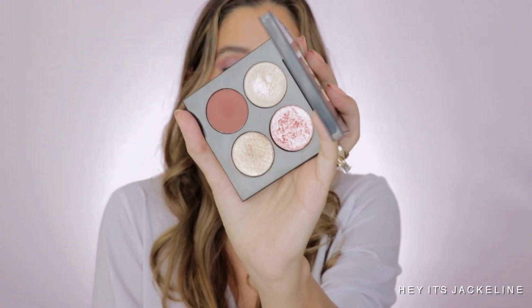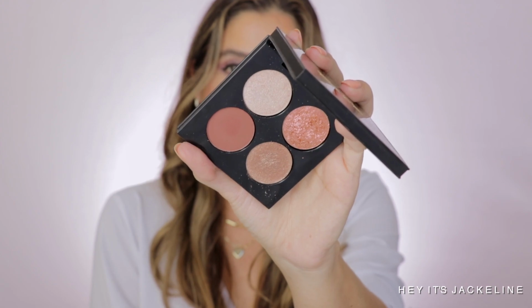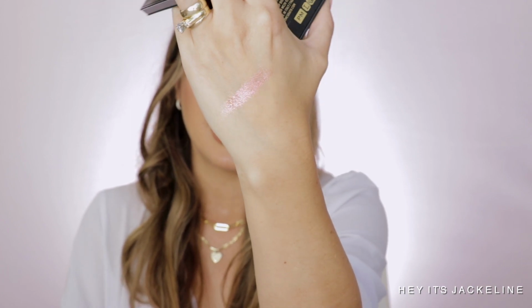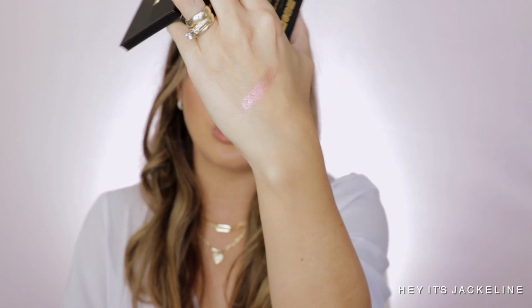So long. And this palette is the one that I actually brought from Florida to California. Yeah, I know, and you may be like, wow, but that's very out there. Doesn't matter. This is a gorgeous palette, and now I'm showing this shade right here because this is the star of the show from this palette. It's just a duochrome shade that has so much pigment, and it has again this duo tonality that is just